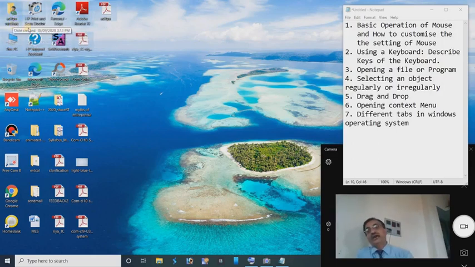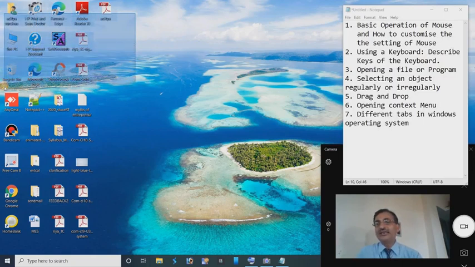These icons must be regularly present. If they are regularly present, then they can be easily selected by holding down the left mouse button and dragging the mouse pointer over the area, and the icons present under the area will be selected. We have to apply this method to select more than one file icon at a time.